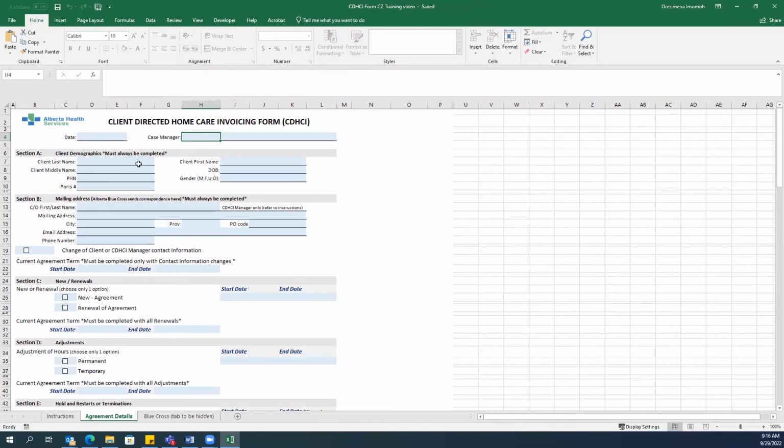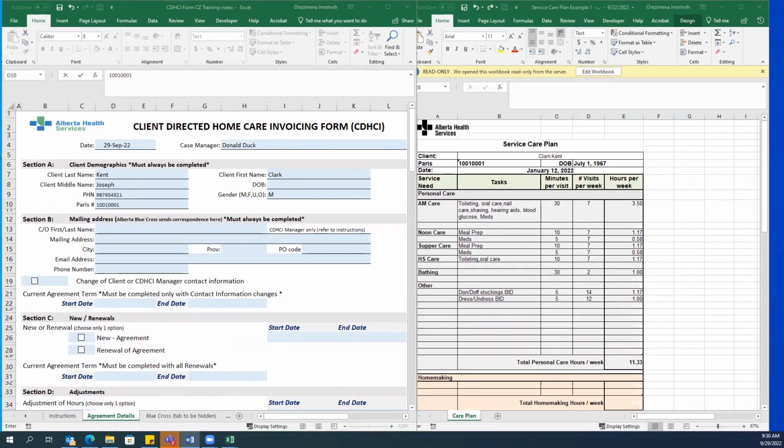After saving, you're going to complete today's date, the case manager's name, and the client's demographic information. For section B, you're going to direct Alberta Blue Cross where to send correspondence to. If the client is managing CDHCI, leave the name line blank and insert the client's email address and phone number. If a CDHCI manager is managing CDHCI, you're going to insert the first and last name